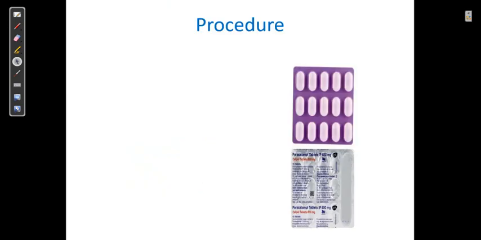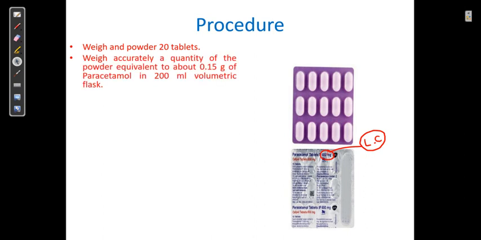This is the tablet, and you also have to write in your record book that it contains 650 milligram. The 650 milligram is known as the label claim. In the procedure, it is written to weigh and powder 20 tablets. Whenever we perform the assay, we normally take 20 tablets. The second step is to weigh accurately a quantity of powder equivalent